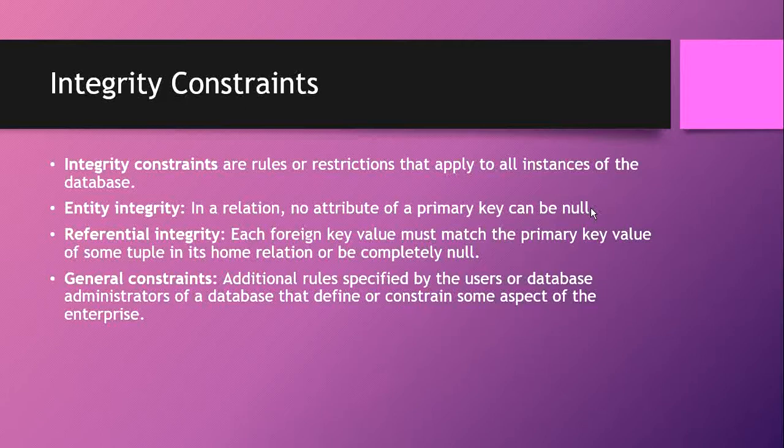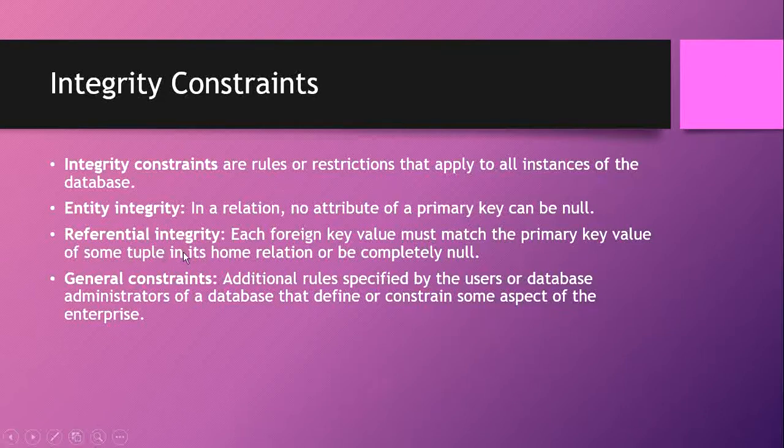Like for student, we have student ID as a primary key. First, it cannot have duplicate values. No two students can have the same student ID. Second, it cannot be null. So there cannot be any student without a student ID. It cannot contain any null value or empty value. You must enter a primary key for your table. This can be called the primary key constraint as well. So we cannot have duplicate values in primary key, and the primary key value cannot be null.